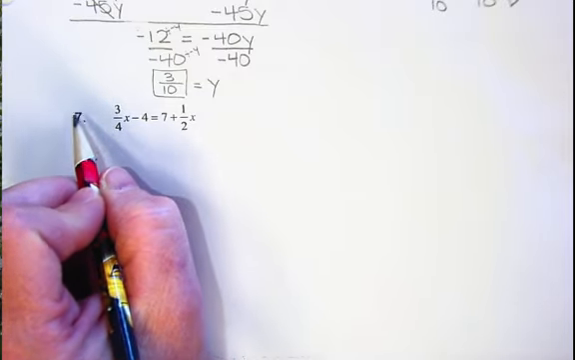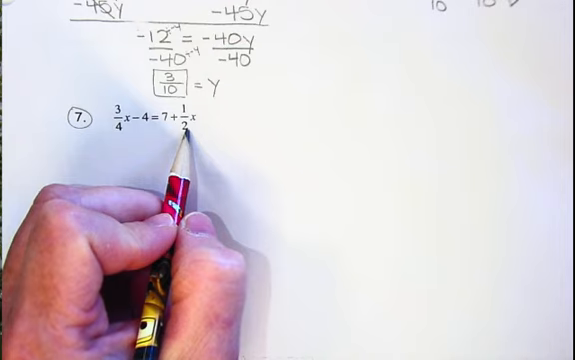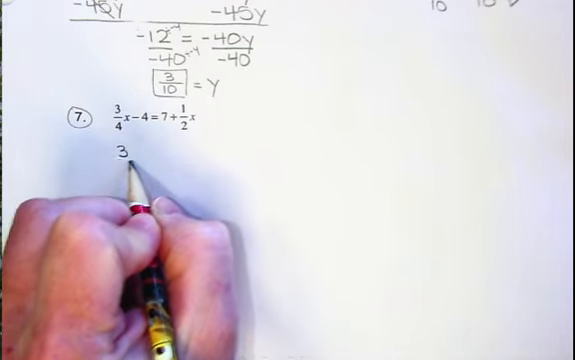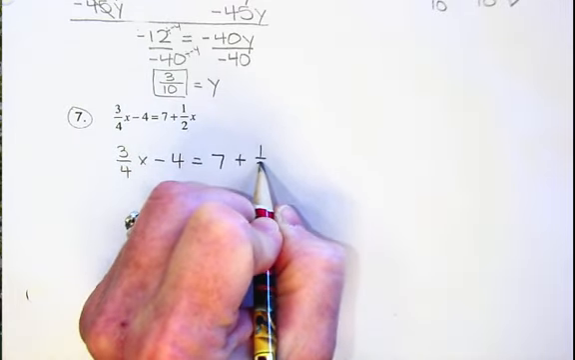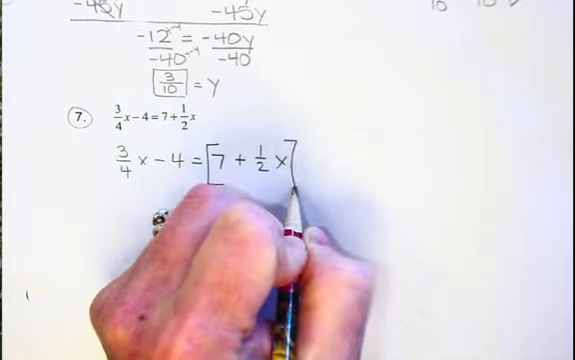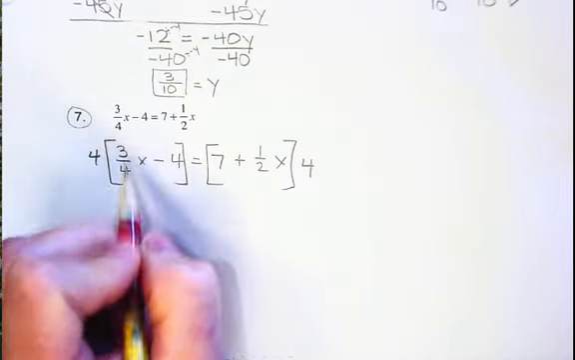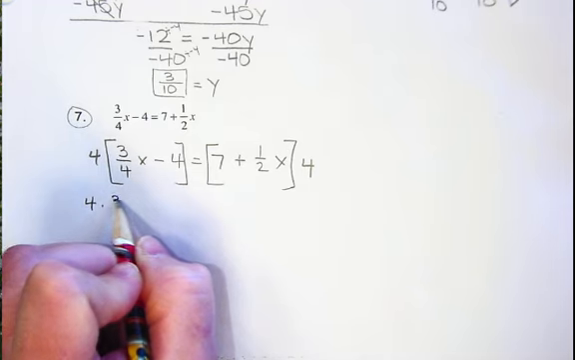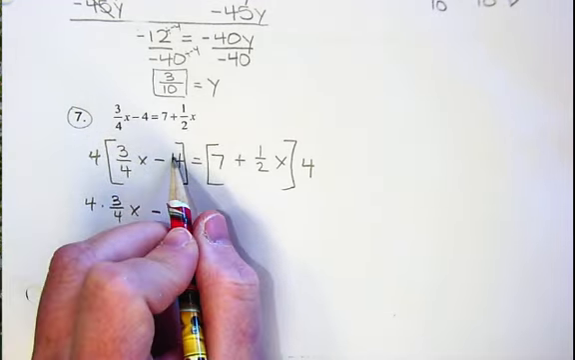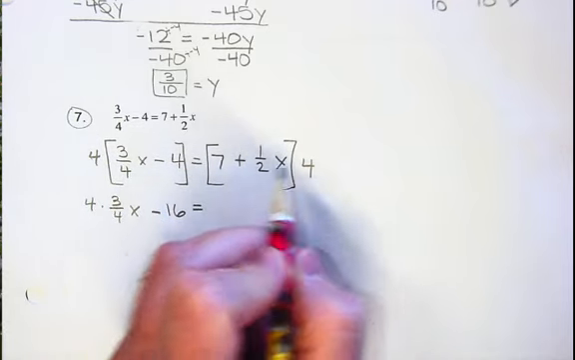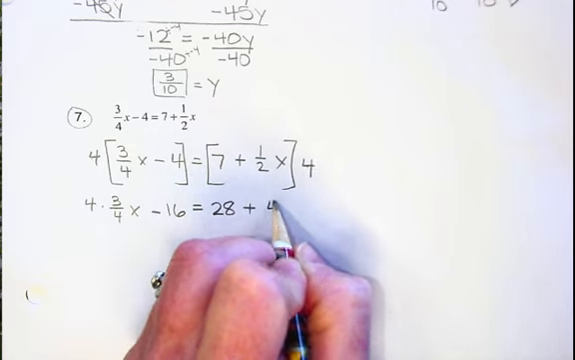Let's try number 7. Okay, so number 7, we look for the common denominator and see that it's 4. So I'm going to rewrite both sides, and I'm going to put them in brackets, and I'm going to multiply both sides by 4. I'm going to distribute that in, so I'm going to have 4 times 3/4 x minus 16. Is it okay? I just multiplied those and got that 16 equals 4 times 7 is 28 plus 4 times